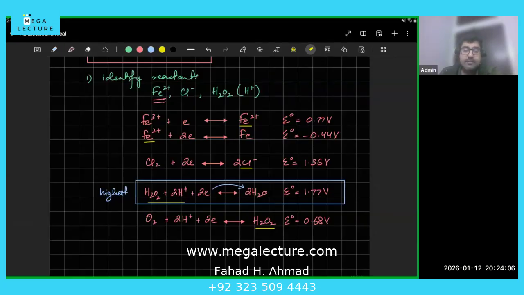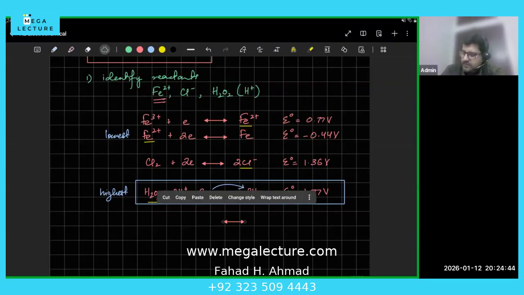Now I need to figure out the opposite: who's the one that's losing electrons? The one who loses electrons is the one with the most negative or lowest potential, right? So at this point, which has the lowest potential? That's minus 0.44, right? Okay, I'll explain later why I removed this equation in this case. Put this aside too. This is the lowest potential, minus 0.44.